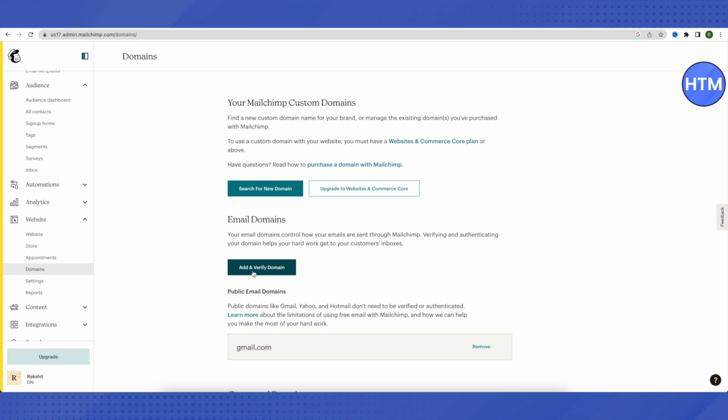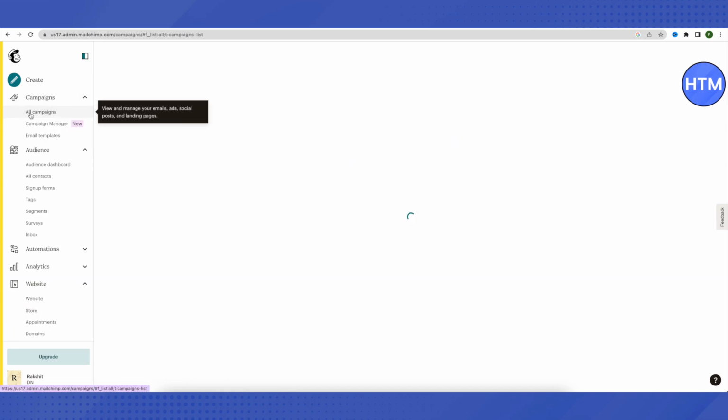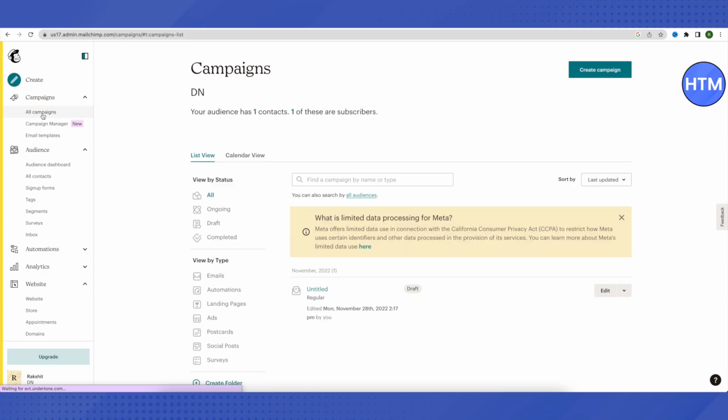Now let's move on and see how we can create newsletters, and after that we will be seeing how we can connect our website with our Mailchimp in order to get our new visitors on our website to subscribe for our newsletter. So in order to create a newsletter you need to click on this option of campaigns, and after that click on this option of all campaigns. Just click on it, and after that click on this option of create campaign on the top,